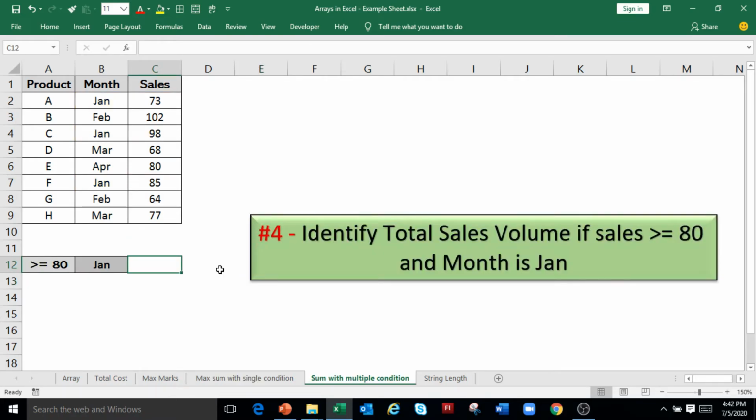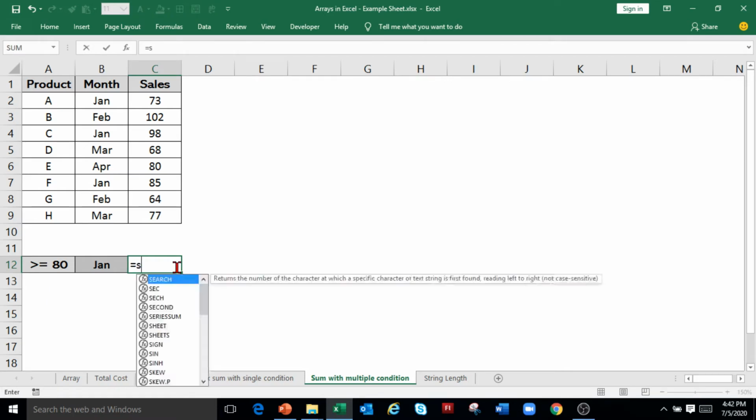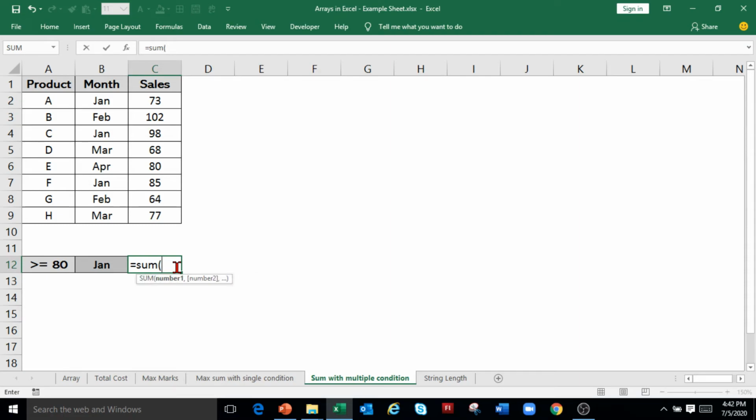In this example, we have to identify the total sales volume if sales volume is greater than or equals to 80 and month is January. Type equals to SUM, open bracket. For condition, we will use IF statement, open bracket. First condition is month name should be January. So select cell B2 to B9 equals to month name is given in B12. So select B12, closing bracket for first condition, asterisk sign, open bracket for second condition.